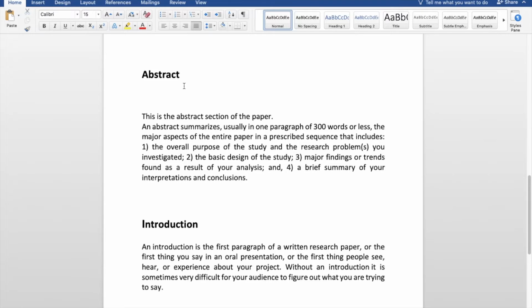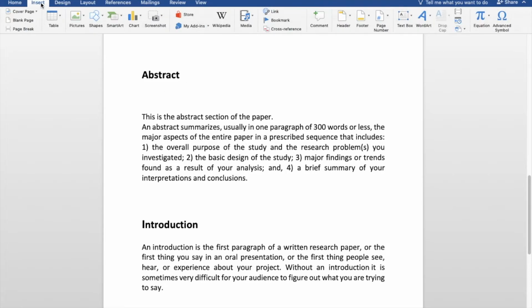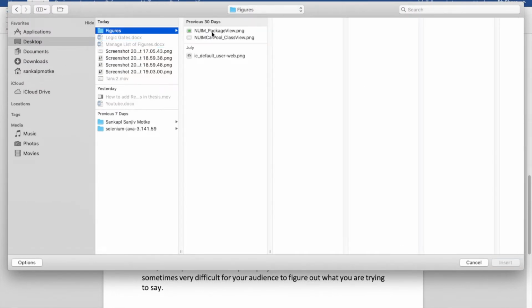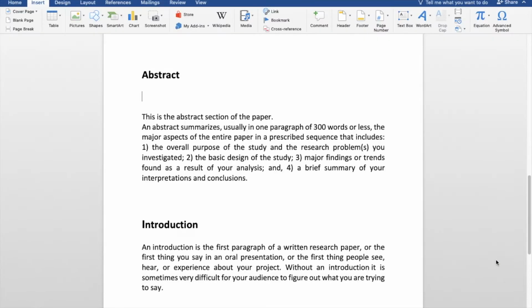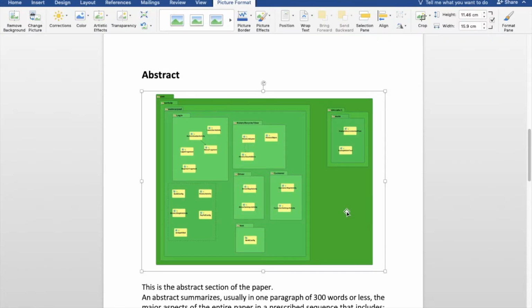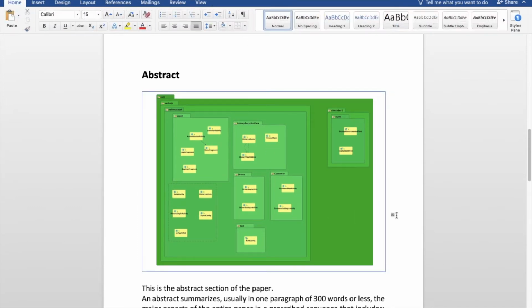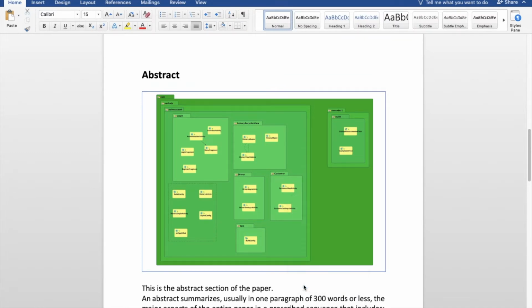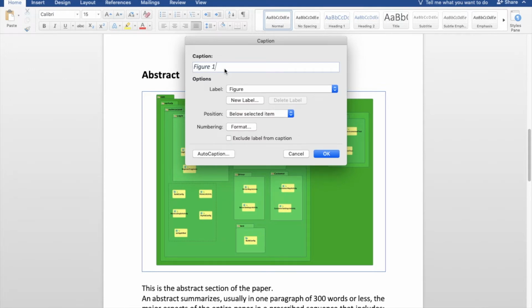I'm gonna add it. So we'll go somewhere here, we'll click on this insert tab, after which we'll go under this picture and select a picture from a file. Okay, so on my desktop I already have one folder and I'll select one image from there. Here it is. Okay, so I'll give it a border. Okay, then right click on this image, and insert caption. So as you can see, figure 1 appears over here,